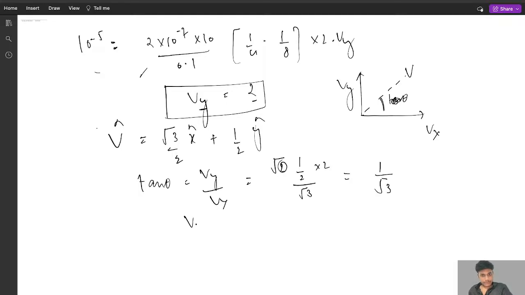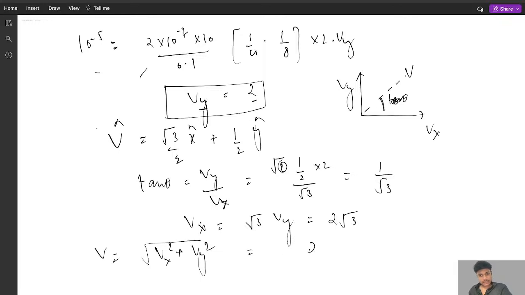From here we get vx is equal to root 3 times of vy, that is equal to 2 times of root 3. And we have to find v, that is equal to